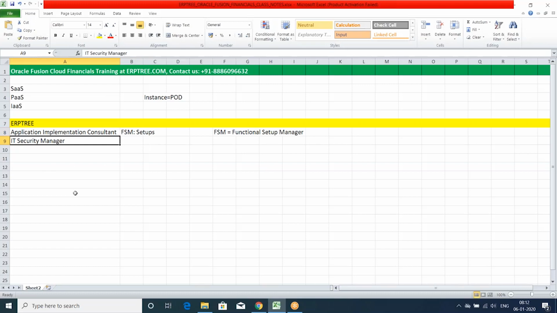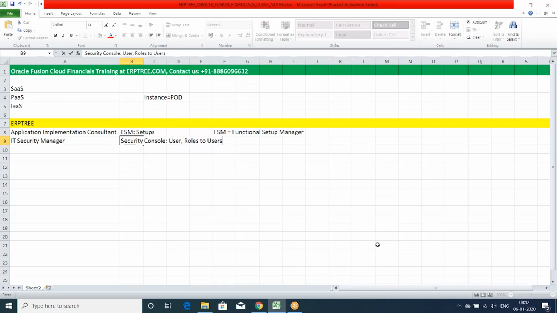If you give access to the IT Security Manager role for any user, that user will have access to the environment called Security Console. From the Security Console, any user can create new users, and we can assign roles to users.